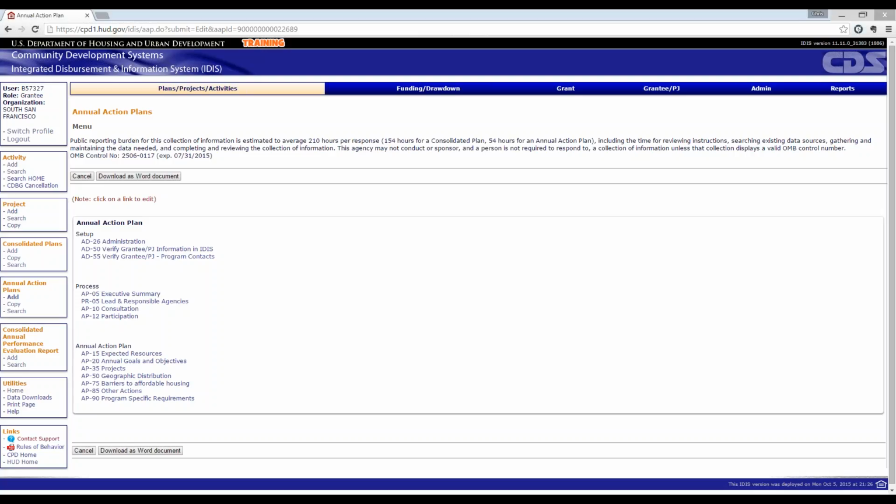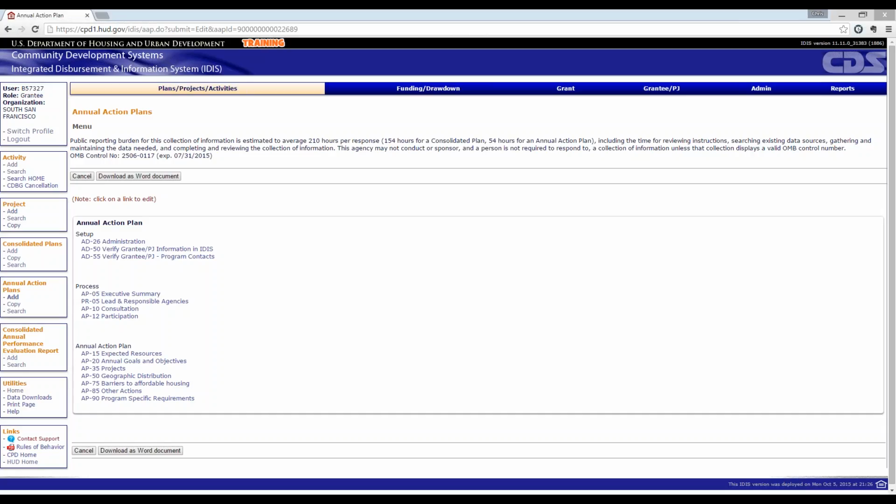Chris, this is Beth real quick. If you could also note for folks out there, there are different access levels for folks doing comp plan and CAPER. Those are separate and apart from normal IDIS access. Yes, absolutely. And there's also different access levels within that.